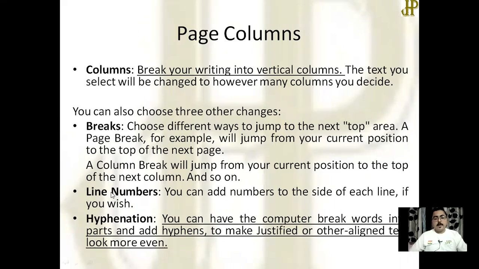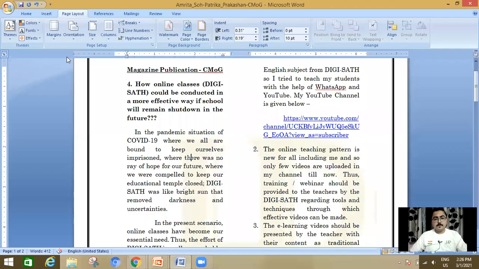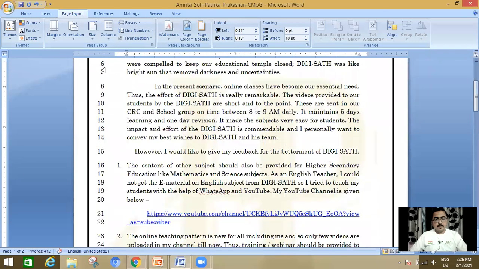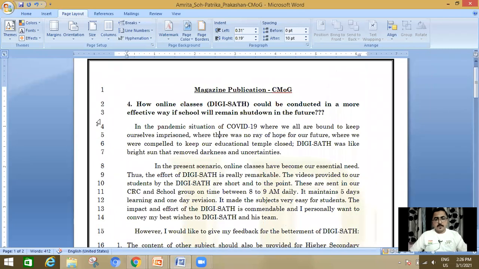Line number, if you want to add numbers to the side of each line, then this can be done like that. Here, each line starts with numbers.